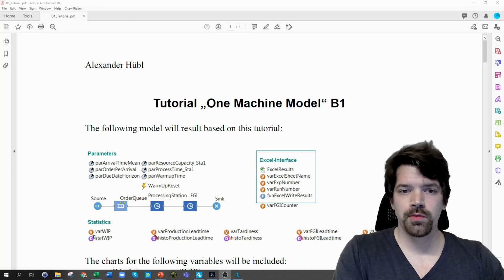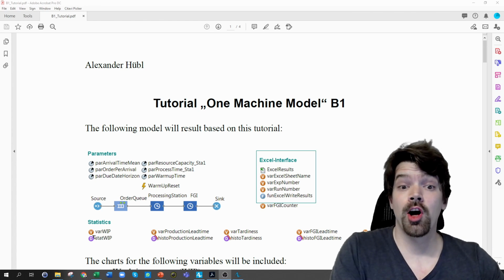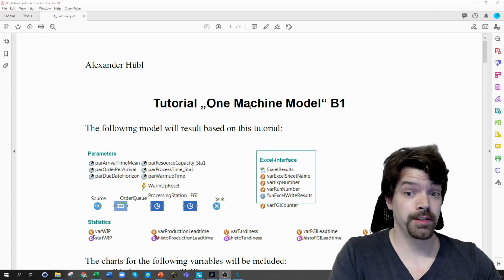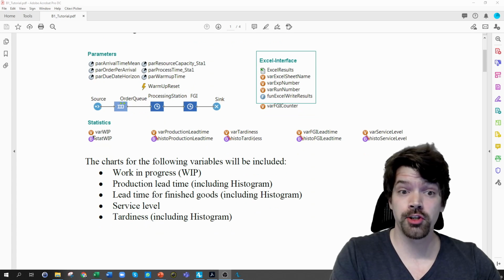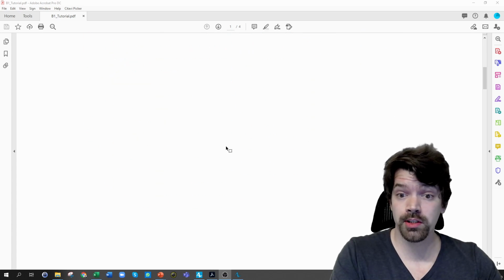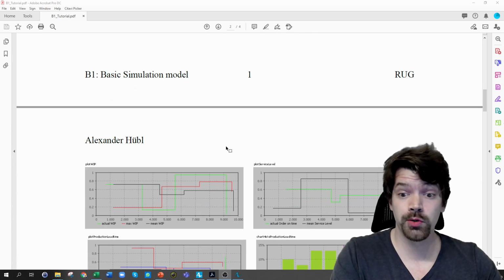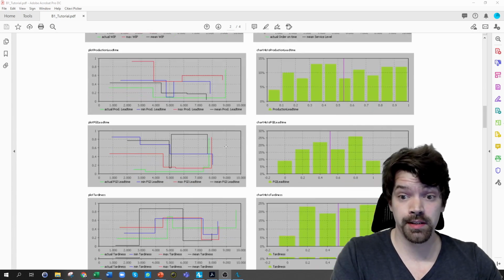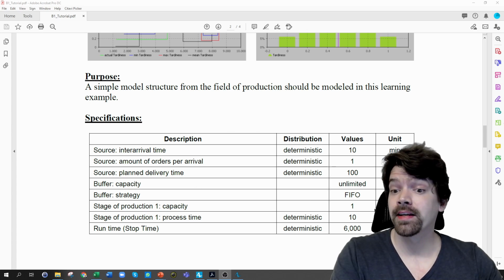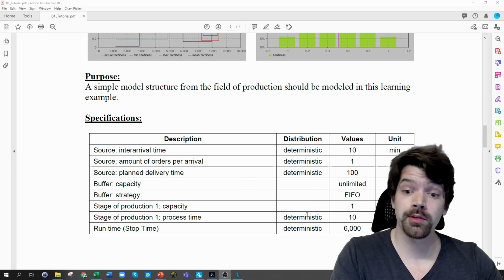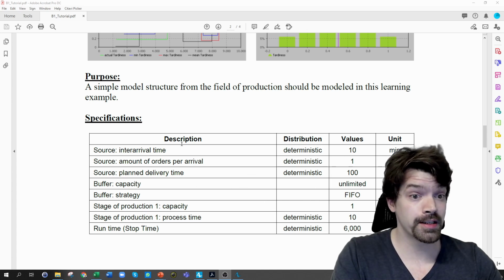So I'm trying to base my explanation on the outline. Here you can see the outline. So it's a written documentation, a step-by-step introduction of what we have to do to generate this one machine model, and especially for configuring the model,